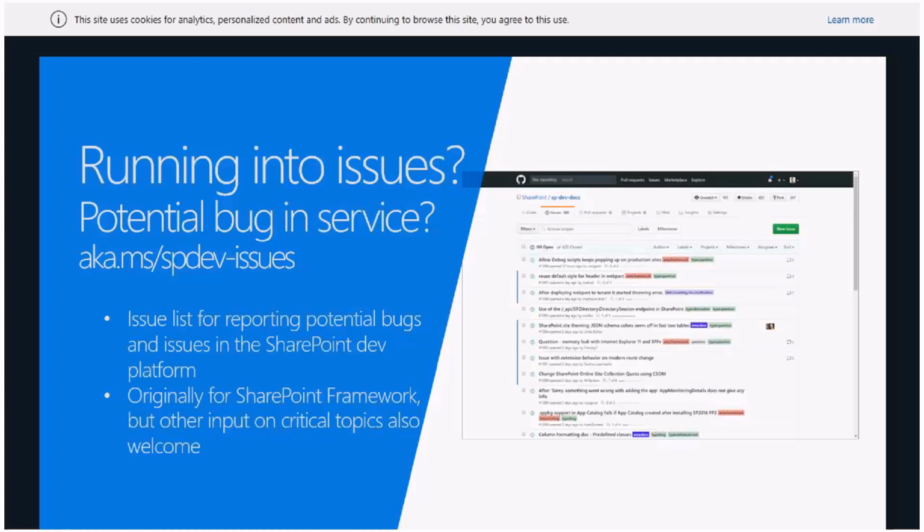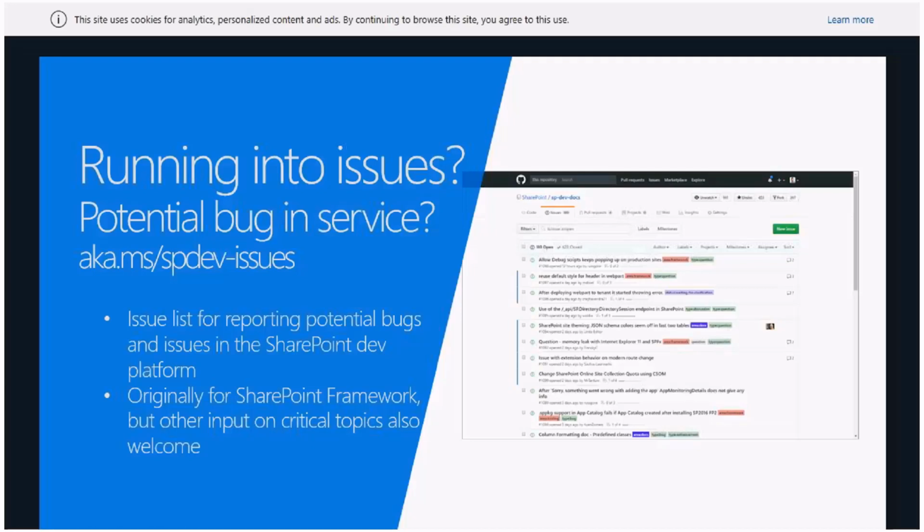Obviously, if it's a random question on how would I do something in the SharePoint Framework, this isn't really the right location to ask those questions. Rather, if you find a bug, or you have a suggestion on what kind of documents we should improve in the future, you can use the issue list in the SPDev docs repository. So aka.ms/SPDevIssues would be the short URL to remember.